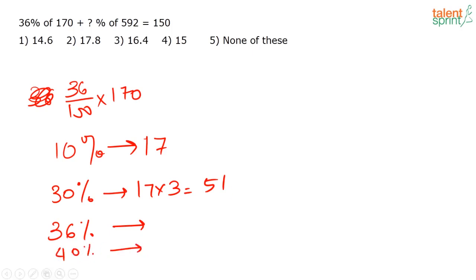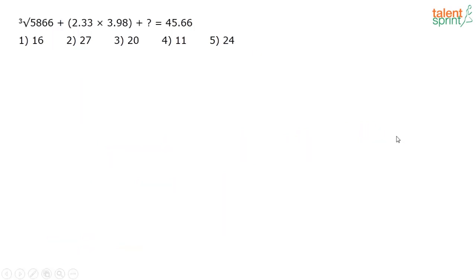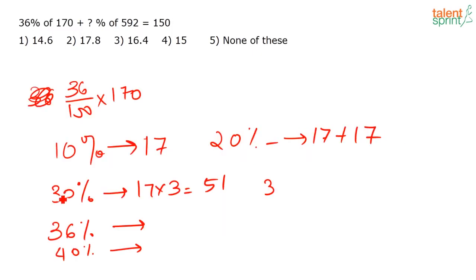So, when you are adding each 10%, that means 17 is getting added. So, 35% will be what? 35% will be approximately plus 8.5, correct? So, I can say, see, 10% is 17, correct? 20 percentage is 17 plus 17. That's how we are doing. 30 percentage is 17 plus 17 plus 17.